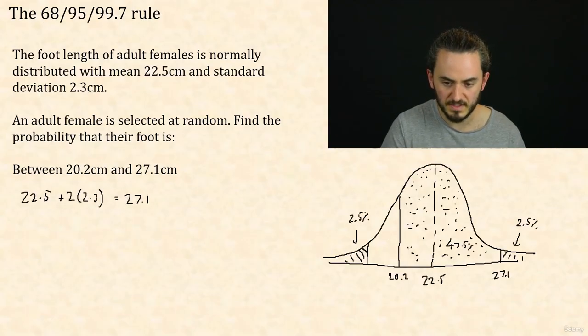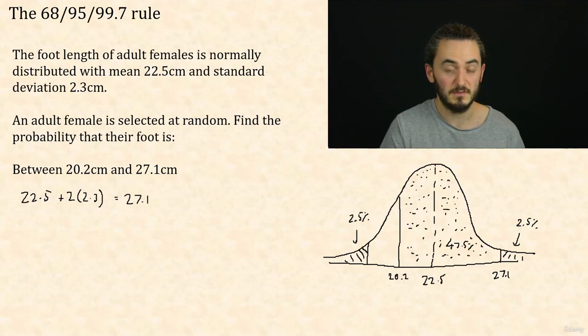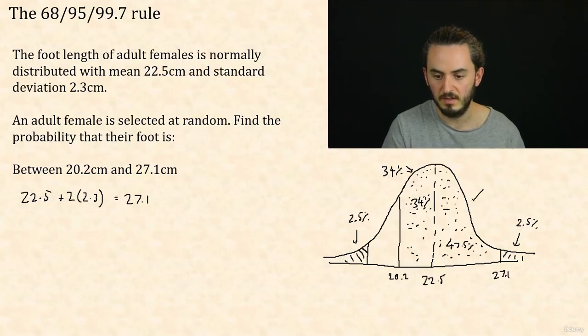So if this entire wedge here is 16%, and this whole left-hand side is 50%, I can do 50% minus 16%, and that gives me that this bit here is 34%. That's kind of hard to see. So it's 34% in this little section here, and